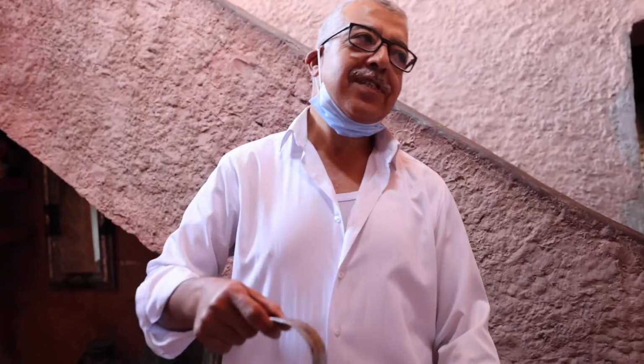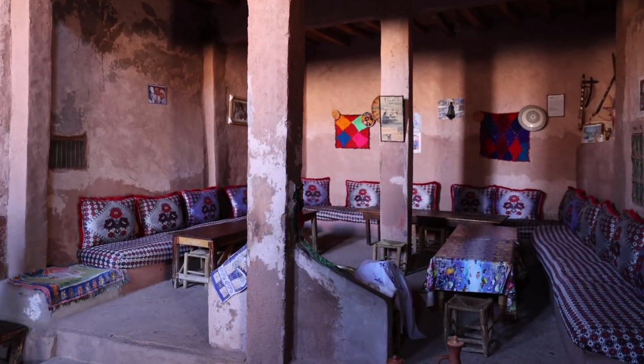After eating, we do that again with the little soap here. Right now we're being shown around one of the locals' homes that live around here. They were kind enough to let us in. It's a regular thing they do. They allow tourists into their home for a small tip, but this is a typical home in the mountains,